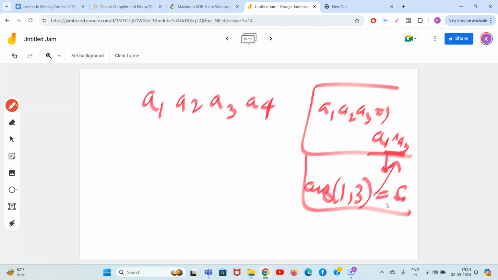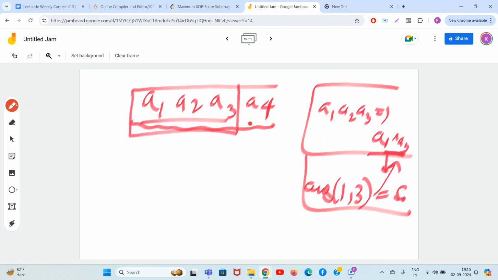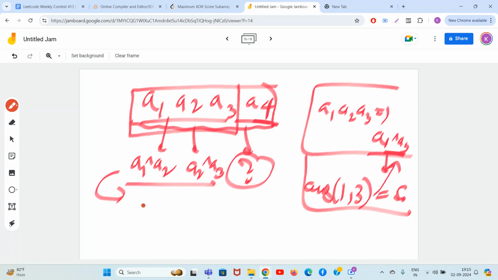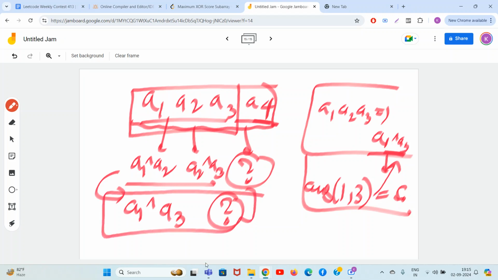So what will happen in first go? We always ignore the last part. So if you know the answer for first three numbers, you know the answer for first four also. How? In first go it is a1 xor a2, then a2 xor a3, then a3 xor a4. Let's write it as a question mark. Then a1 xor a3, and then question mark. Now, guys, the answer for the